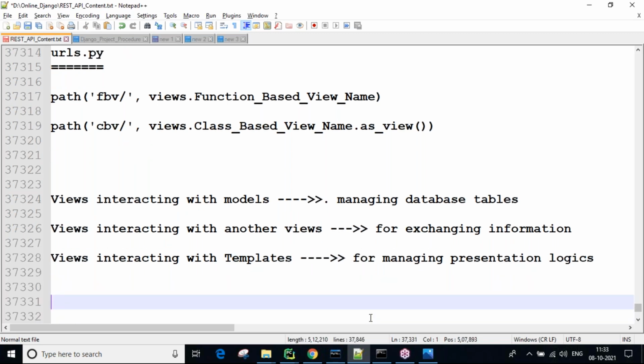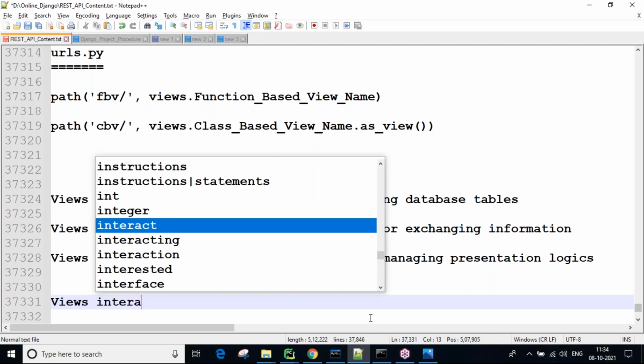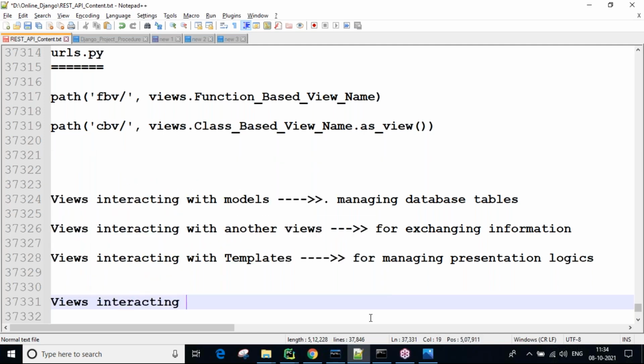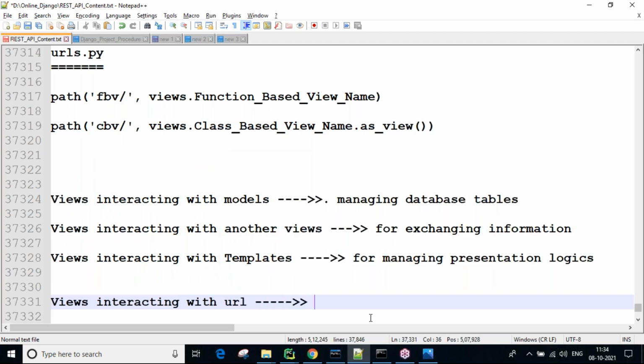Next, views interacting with URLs, for mapping between them.